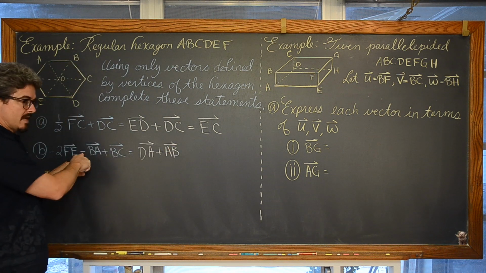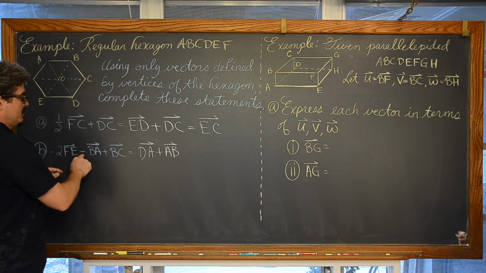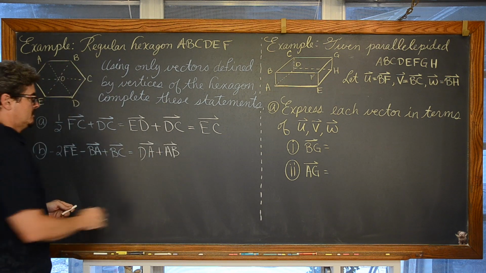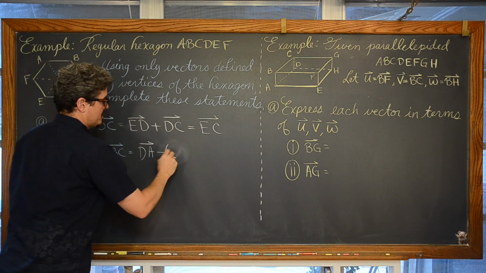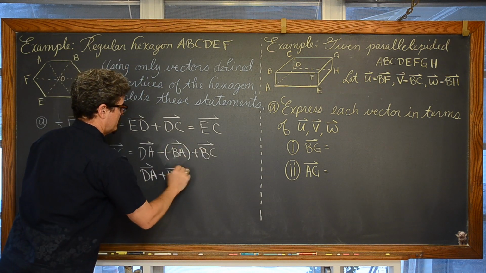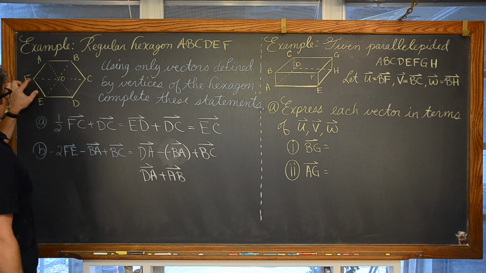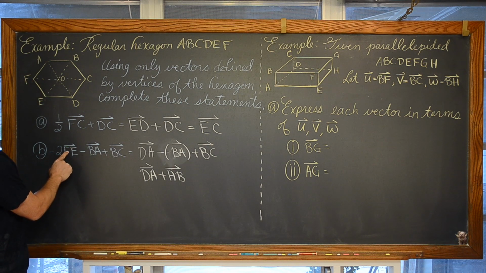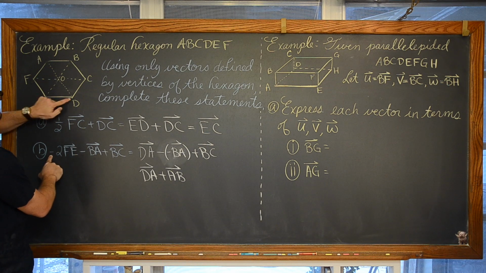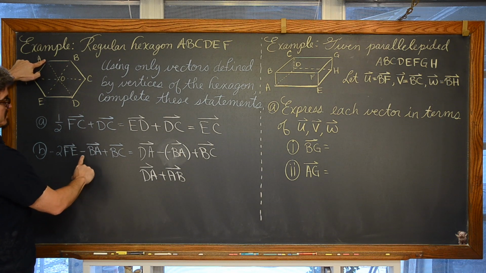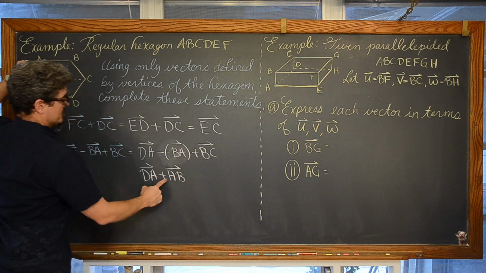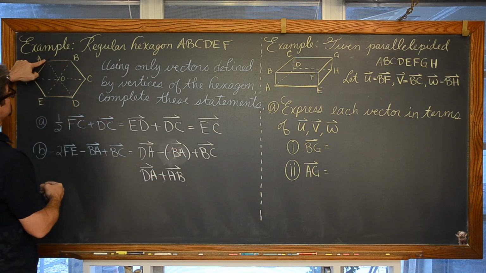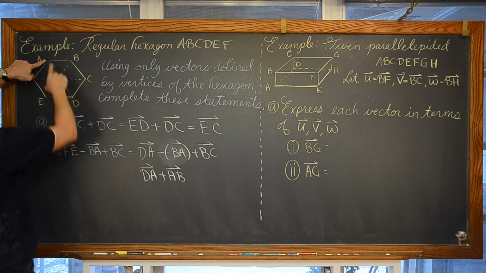We're going to change the negative to a positive. We're going to use an opposite. You could write it like this if you want: minus the opposite of vector BA is AB, just to show that middle step. So we go, a new vector, twice as long as FE in the opposite direction, so DA. We're now here. We're going to then subtract BA, or subtract the opposite of vector BA, which is add vector AB. So BA, B to A, but in the opposite direction, so A to B.